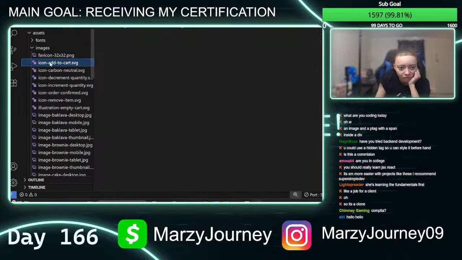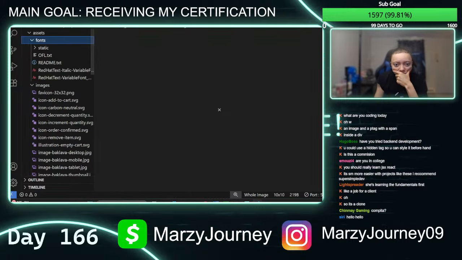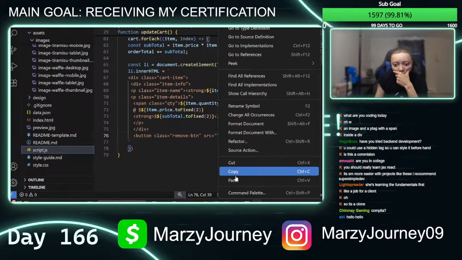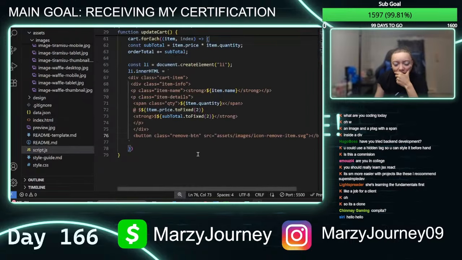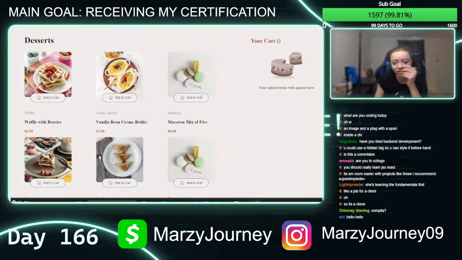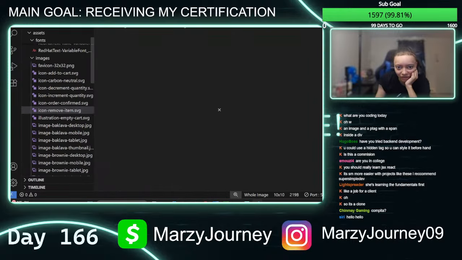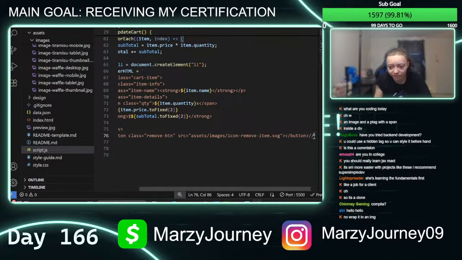Oh, I think we have the X image. Oh, so this is how you get the plus and the minus. But then how the hell do you make it work? Oh, here's my X button. So we're going to copy this, go here. I hope this works, right? Because it's supposed to be SRC. Yeah, SRC, I think that should be fine. How would I tell? I guess you can't tell because you can't really add anything yet. So what I'm probably going to do is leave a comment.